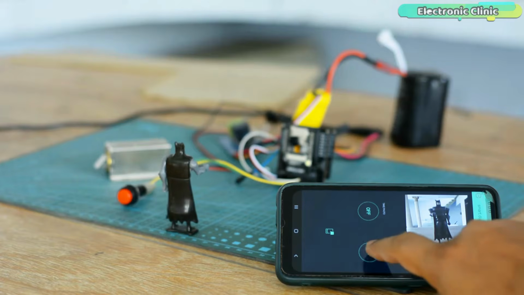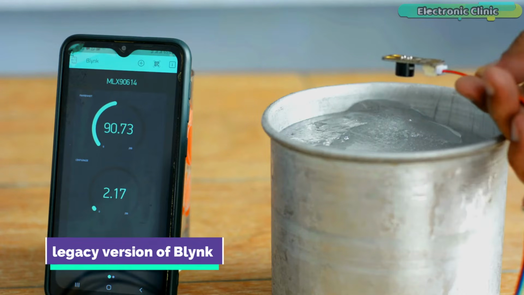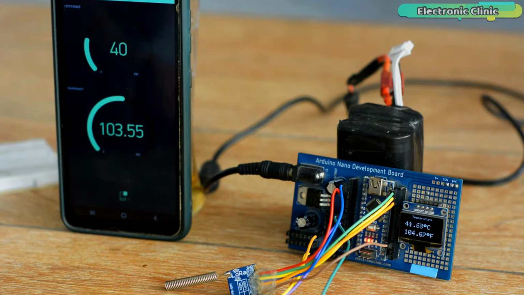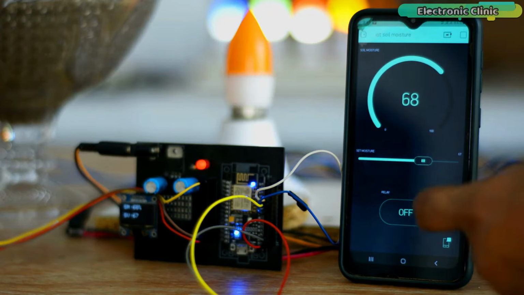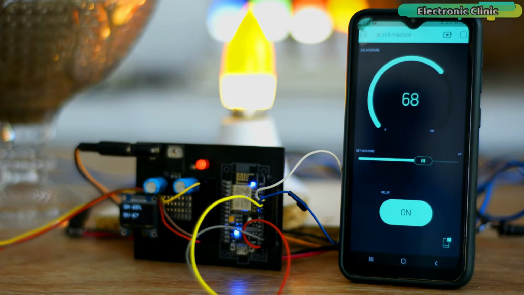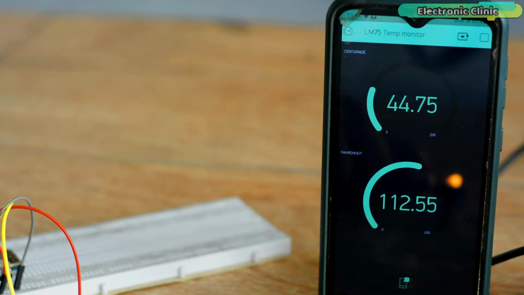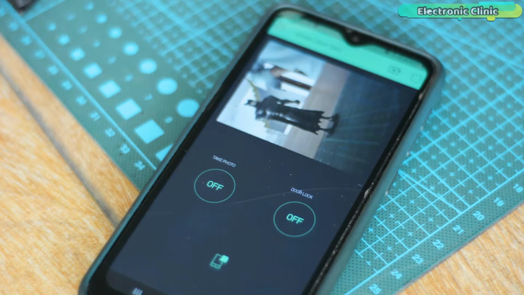Over the last 3 years, I made several IoT-based projects using the legacy version of Blynk, Blynk Legacy or Blynk 1.0. And the bad news is the legacy server is going to be completely shut down on December 31, 2022. So if you have an older version of the Blynk installed in your cell phone, stop using it because